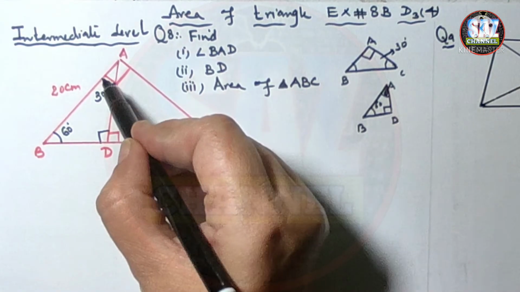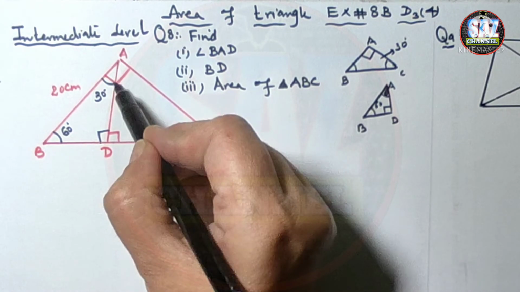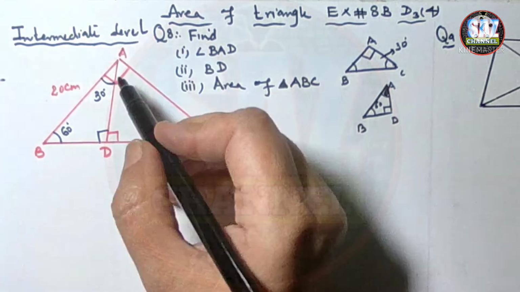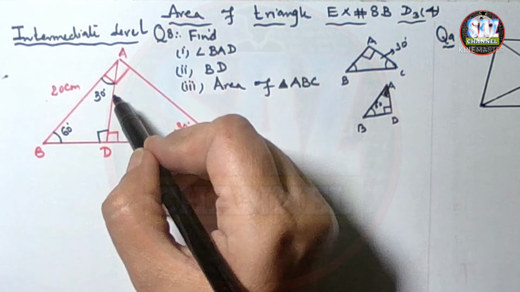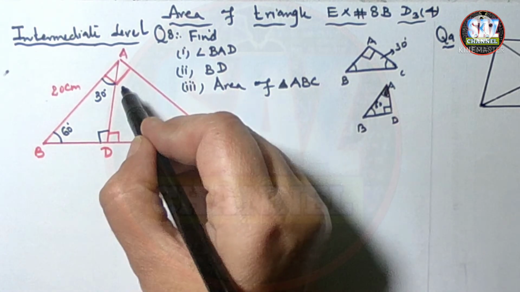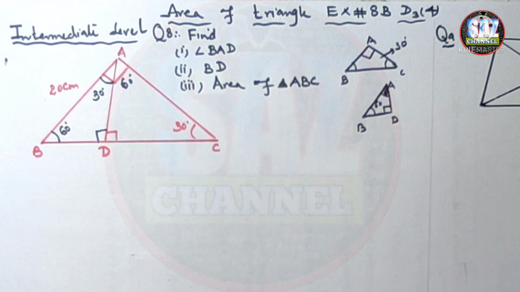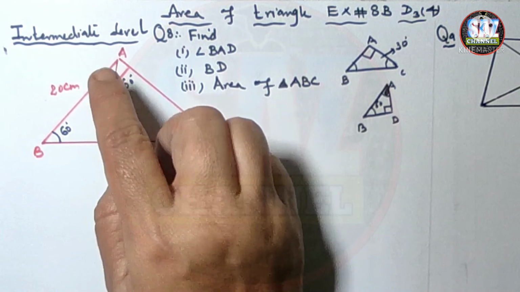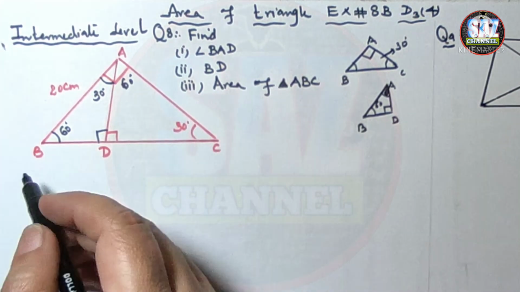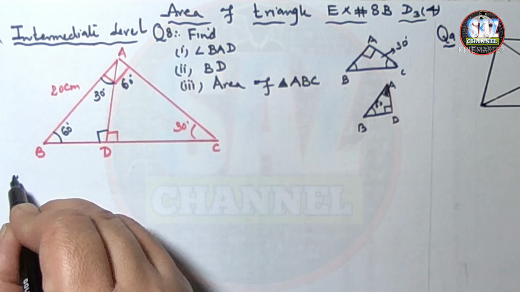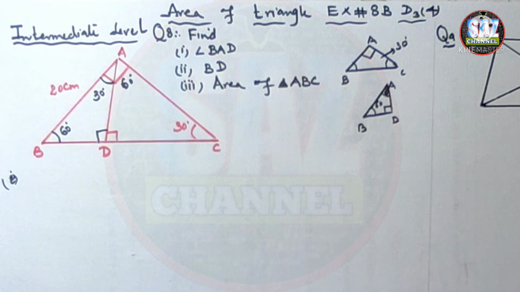Again, look, it's a continuous game. This angle total is of measure 90 degrees. So if I need to find the remaining part of angle A, that will be 60 degrees. Now the first requirement is angle BAD. I hope, students, you are really clear how we will be finding angle BAD.